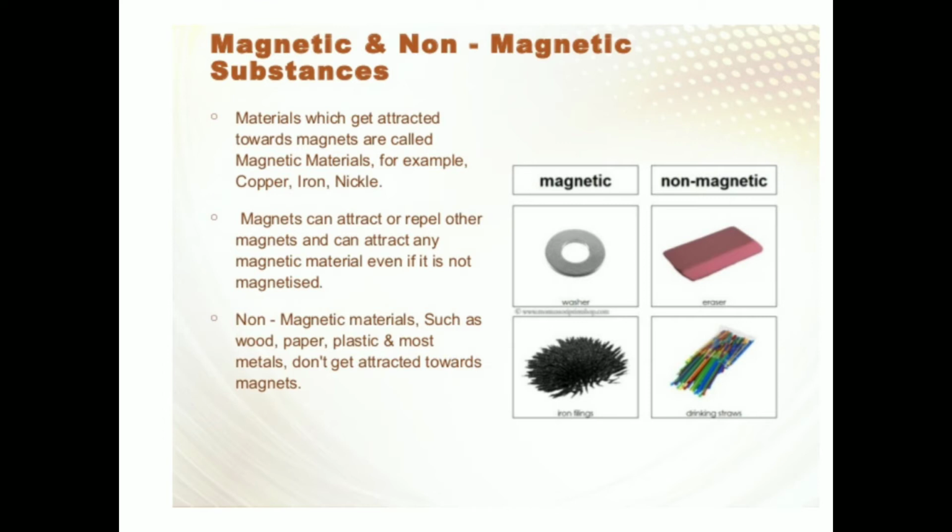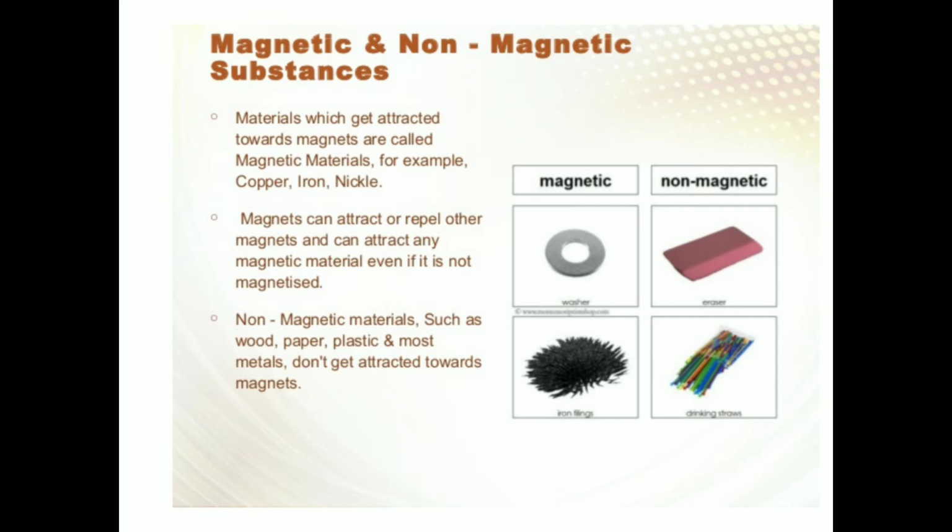Now you can see here there are some magnetic and non-magnetic substances shown in this diagram. You can see the rubber and the pen. They are all non-magnetic substances. They cannot attract iron, nickel, or cobalt, right? So they are said to be non-magnetic. Even many things around us, like clothing, table, chair, handle, tube light, fan, whatever, are just non-magnetic substances, and only those substances which can be attracted by the magnet will be called magnetic substances.